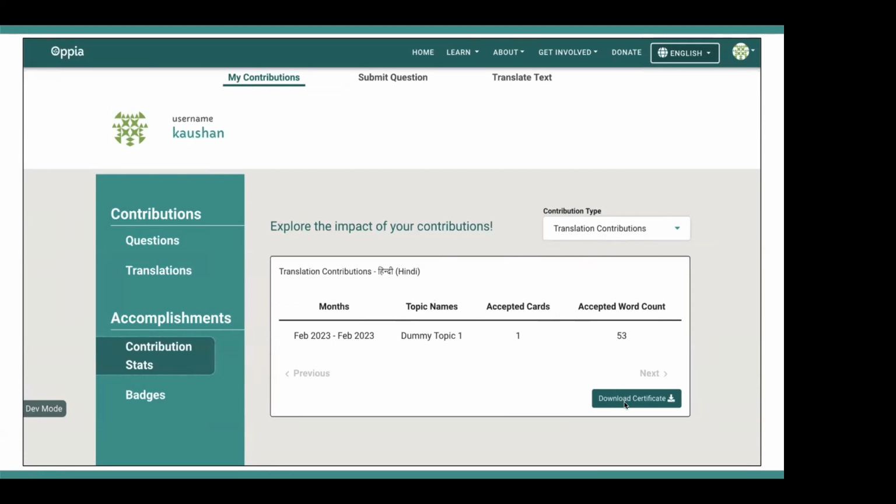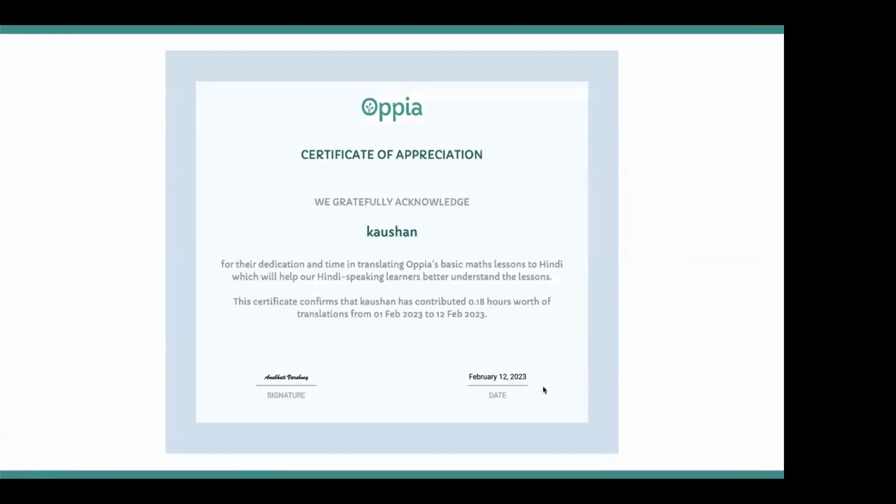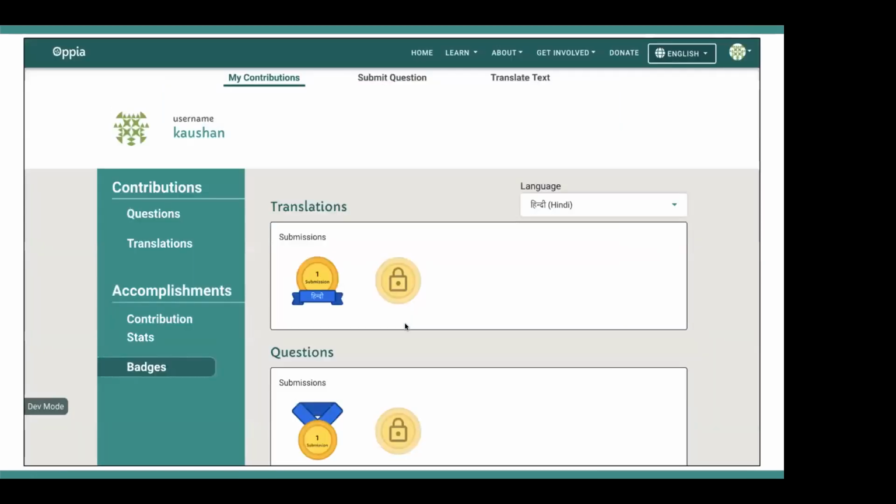They can click this download certificate button, and they can generate a certificate like this. And also, as I mentioned before, this badges page, where they can see their milestone achievements as badges and the next milestone that they can achieve.